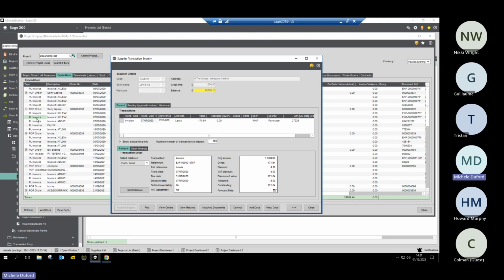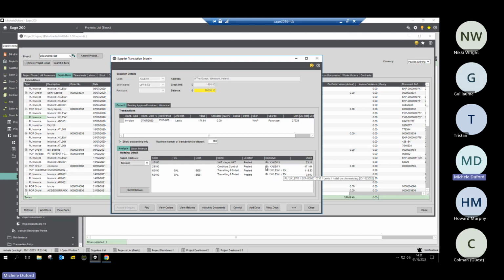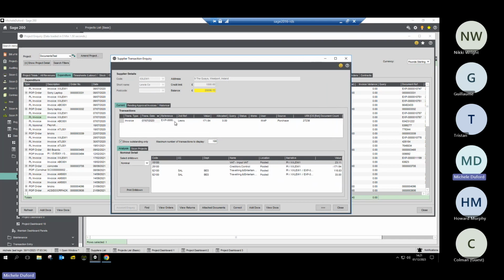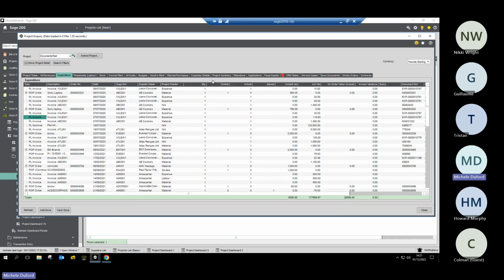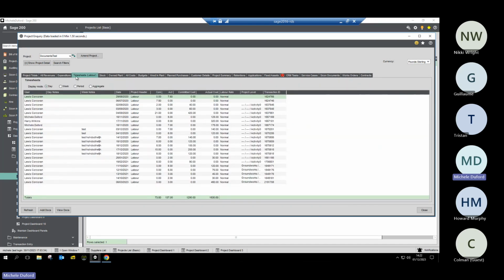So in here, as you can see, I've right clicked on that. It's now taking me into the supplier transaction inquiry screen for that particular invoice. We can drill further down to look at what that means in terms of nominal postings for that invoice. And if there's any related information in here that I need to be able to see, I can see it without having to leave my project. I also have the ability to see revenue, expenditure, timesheets. Time is calculated based on direct input into projects,